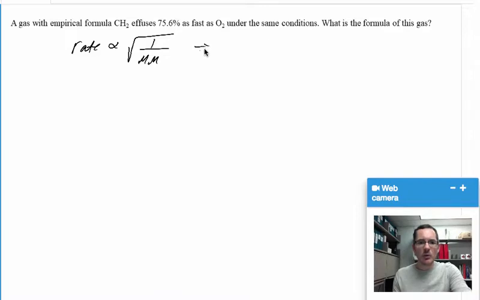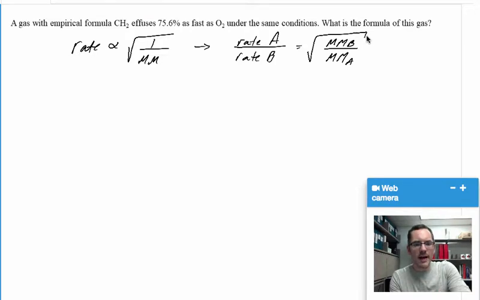So in this case, what we would have is a relationship between some rate of A over rate of B is simply going to be the square root of the molar mass of B over the molar mass of A. Now, we don't know one of those molar masses, but we do know the molar mass of oxygen. So we have some information here, and we can find rate information. Now, we can work with all of this as best as we can, but we have a lot of unknowns to work with. How do we best deal with this